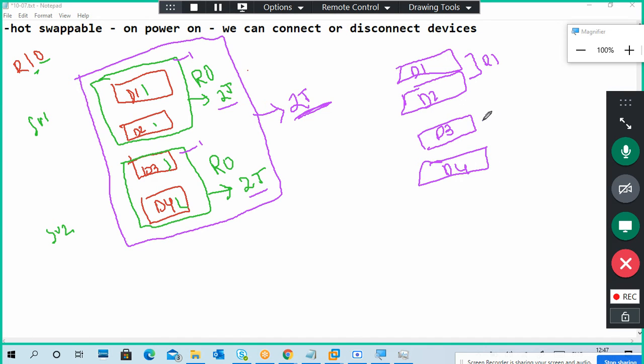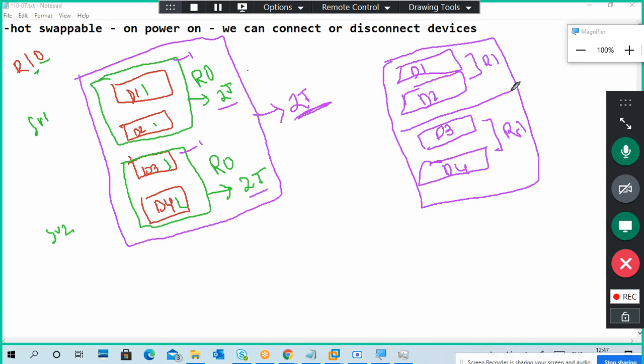So this is RAID 1, this to this mirror, disk 1, disk 2 mirror, disk 3, disk 4 mirror, and you want to combine in a RAID 0, right? For example, volume size is 1 terabyte, 1 terabyte. Now, RAID 0 means total size you will get is 2 terabytes.